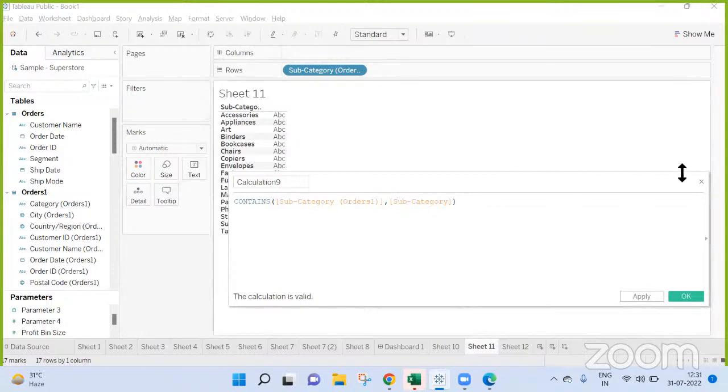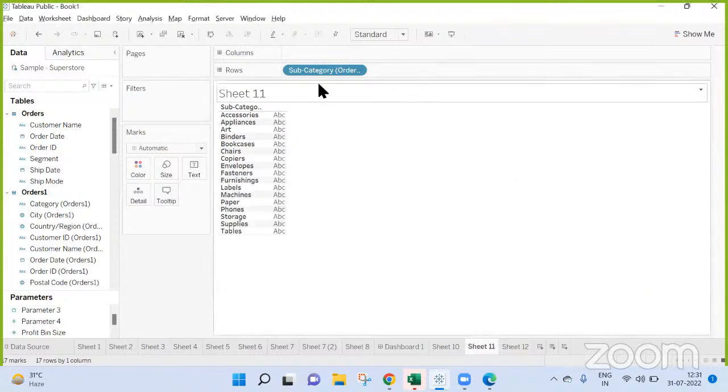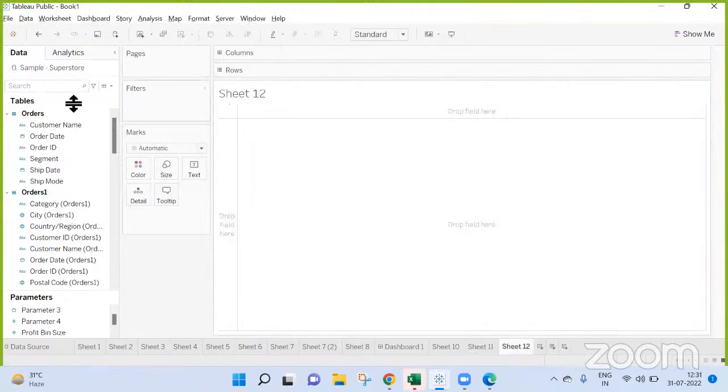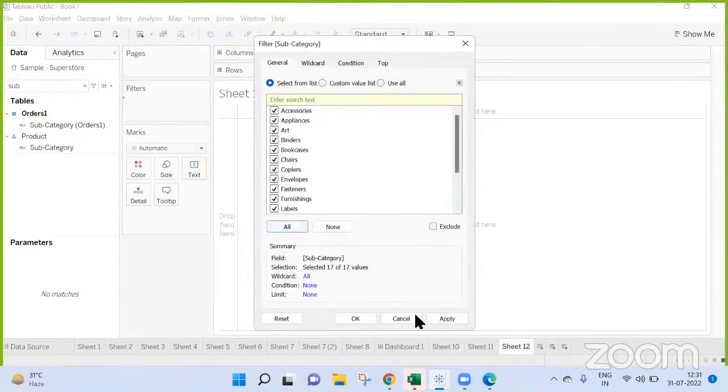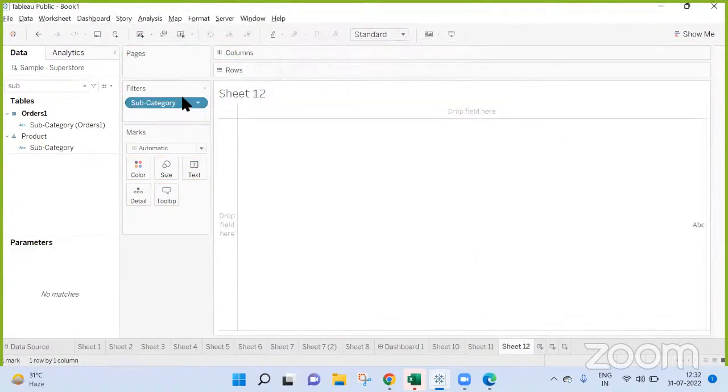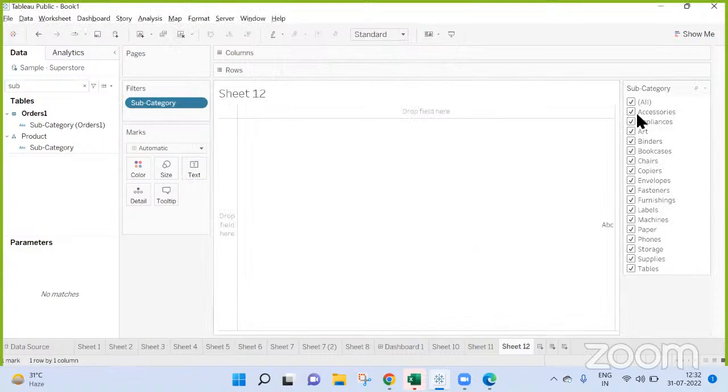Okay, now my point is, if this is my subcategory orders, right? I'm bringing my regular subcategory. Now here the string should be like, if I select accessories, I should get accessory in here.